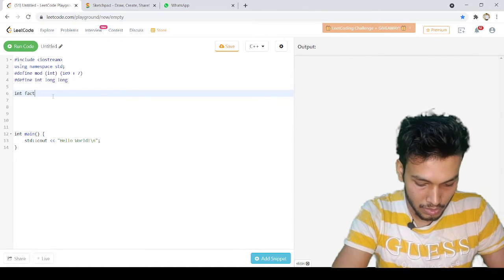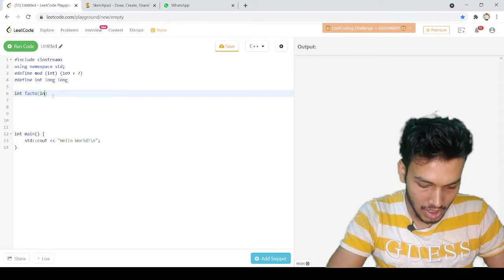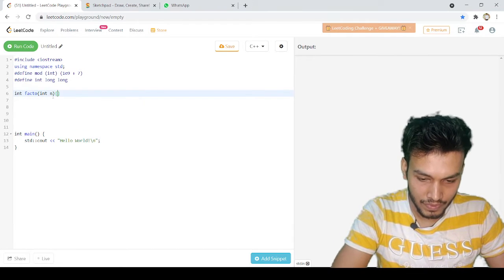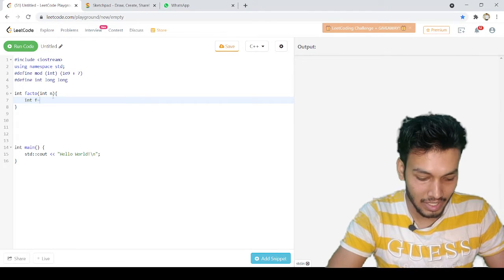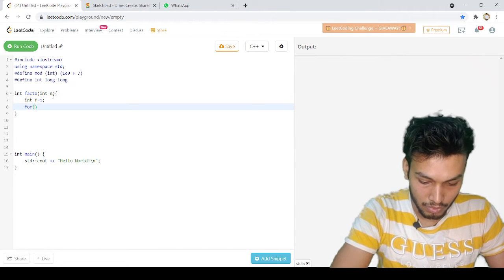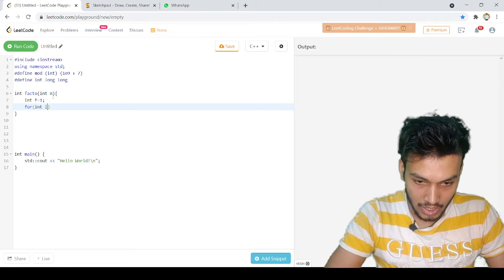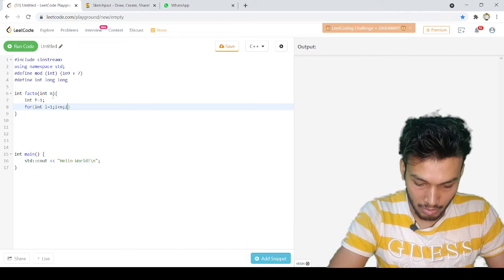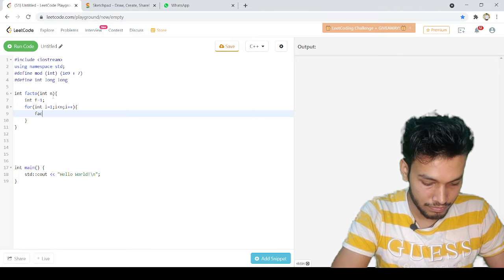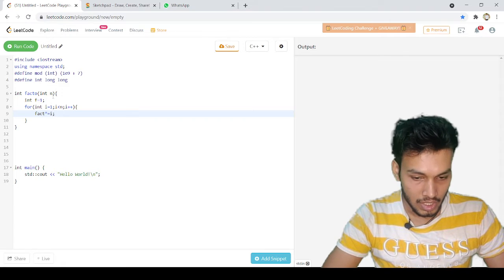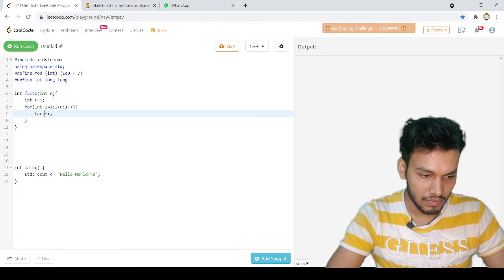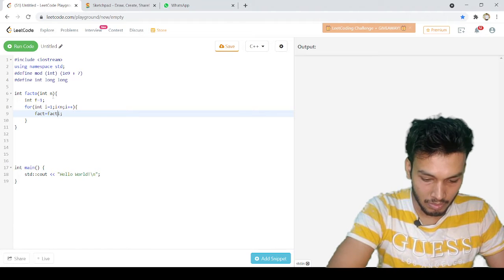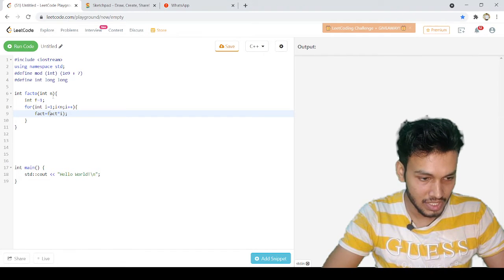Let's say int fact, where a variable n will be passed whose factorial we need to find. So we will initialize our f with 1 and run a for loop for int I equal to 1, I less than n, I plus plus. So fact multiply equal to I, right? And also one more thing we can do is fact multiplied by I, and then we can find the mode of these values, right? So we can find the mode here as well.